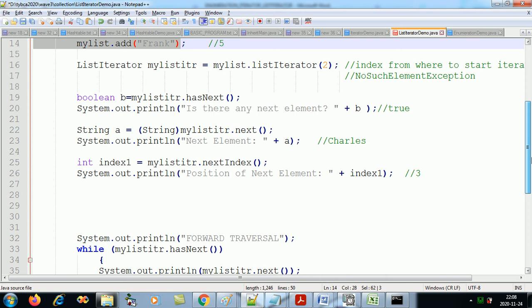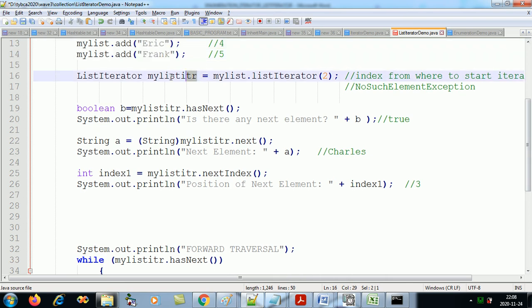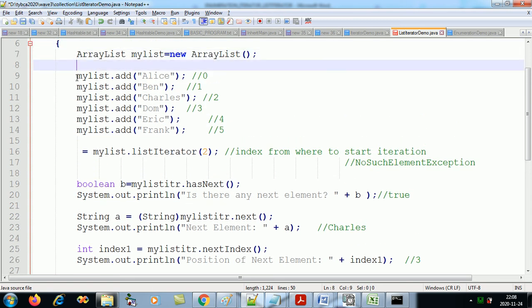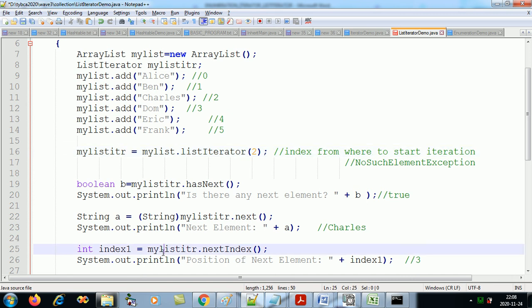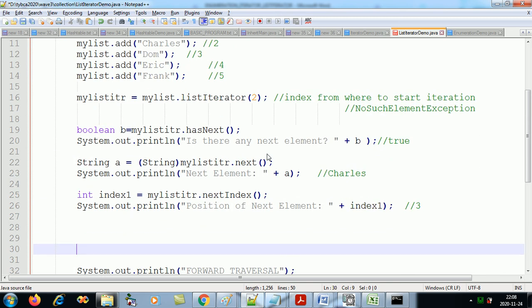If you want to start from the start, you do not do it like this. What you can do is make the iterator object on top, and wherever you wish to start from the start, just say iterator equals to. Now it has started from Charles, gone to Dom, and if I wish to start from the start again, I just say it like this.